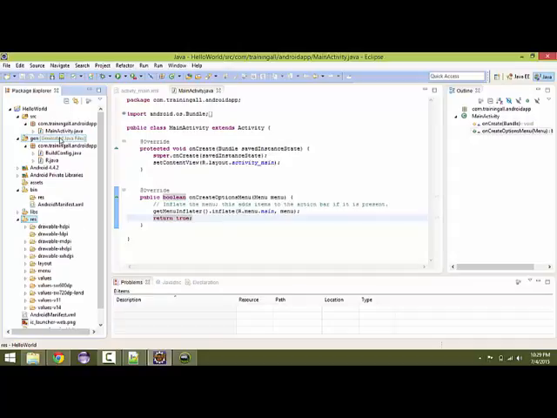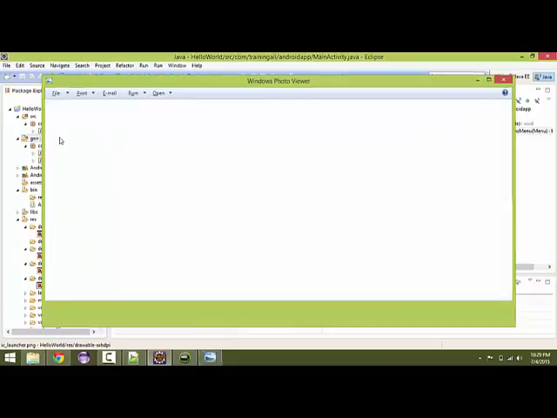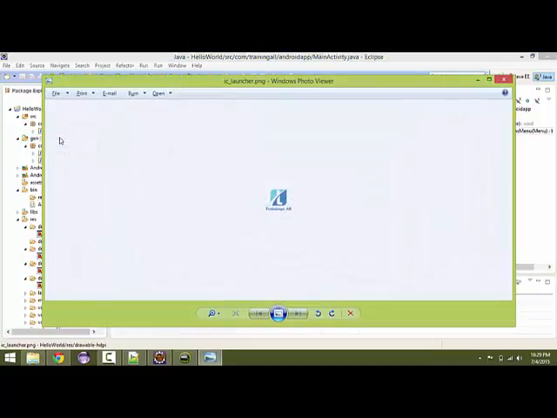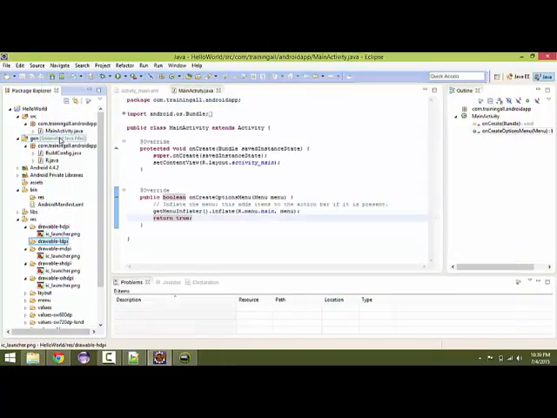RES is a resource folder where you see all the images. See, the images will be in different sizes. This is one image, and this is an extra high density image, and this is a medium image, and this is the high density image. You can find the difference of the images. Okay,